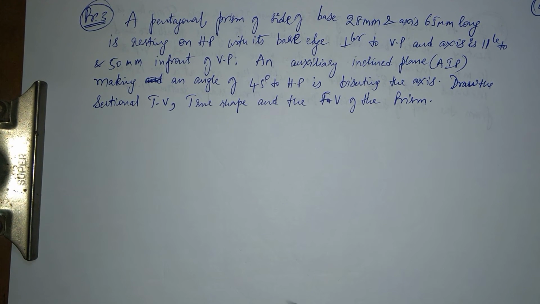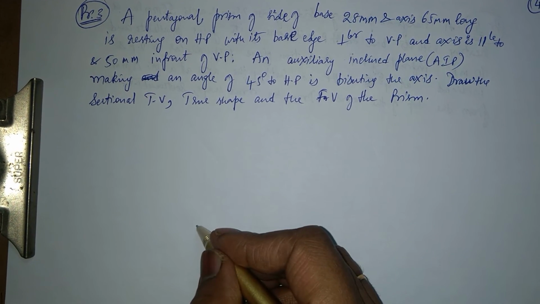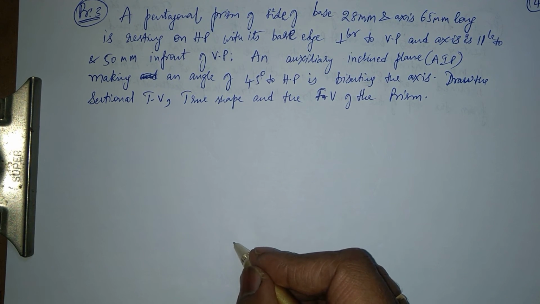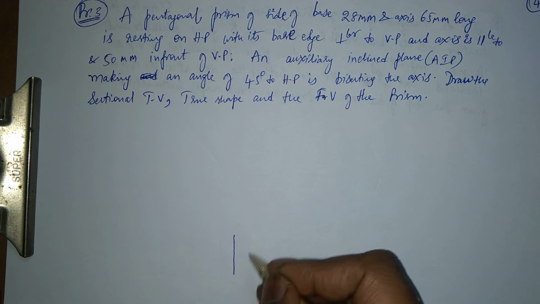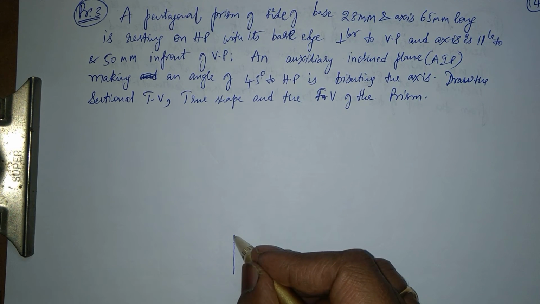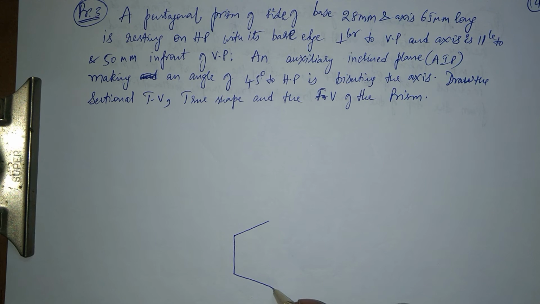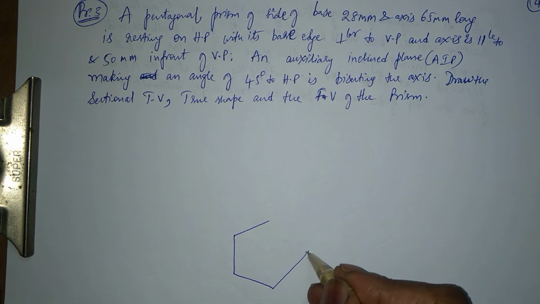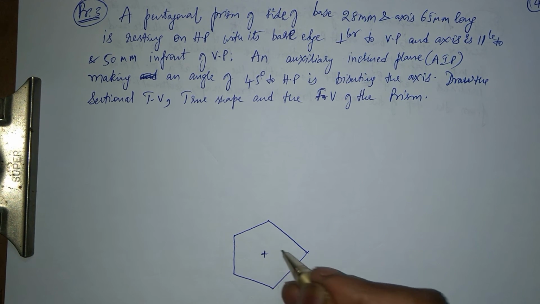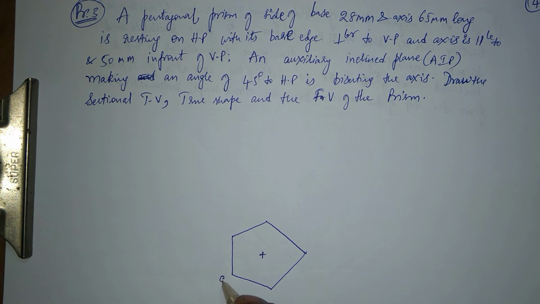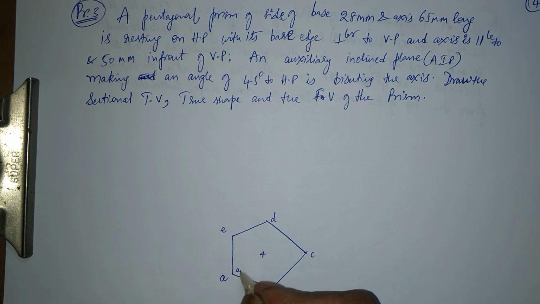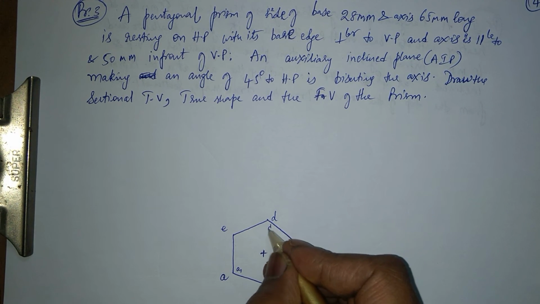Okay, where do we start off now? Like any other problem, I would basically start off with the true shape, the base shape. Let me just draw the base shape here. A pentagon, I am taking one edge perpendicular to VP. You can draw it this way or this way, doesn't matter. I am just choosing this way. Center somewhere here. This is a prism, alright. So now I am giving these names as A, B, C, D and E. And then the bottom I will say A1, B1, C1, D1 and E1.